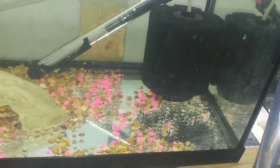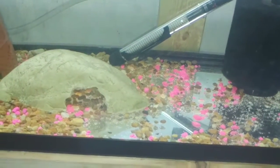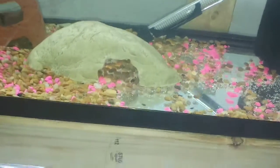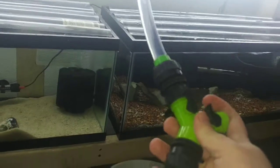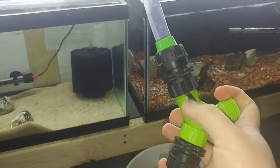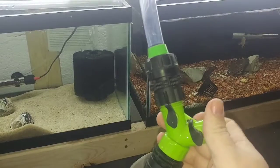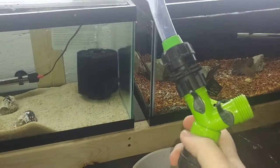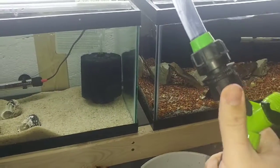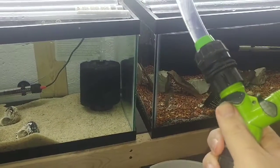and down the hose it goes. This fitting here on the end comes with it standard, and that's for gravel vacuuming. It reduces the suction on that end, so it's less likely to suck up fish and stuff. And then it comes down, and when you get yours, it will come with just a straight. It won't be a Y here like mine is. It will be straight for shut off, and you can just flip the switch whichever way it goes to shut off the suction or the flow of the water,